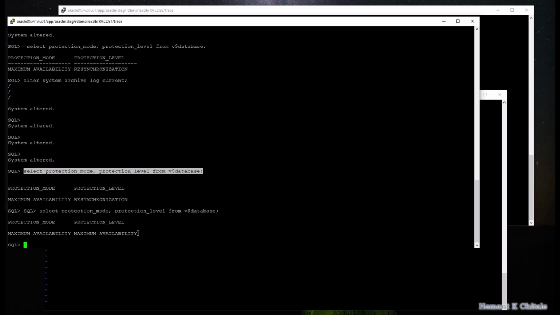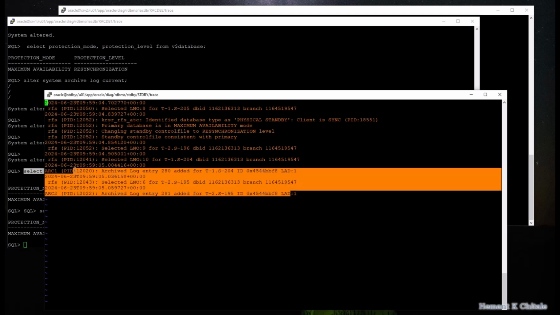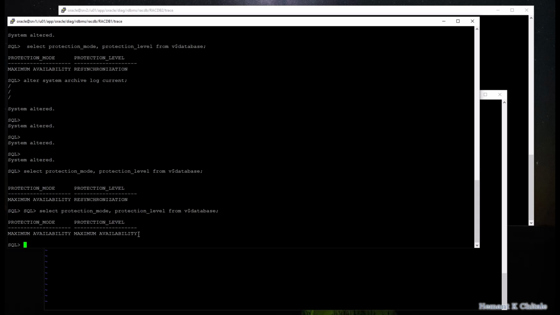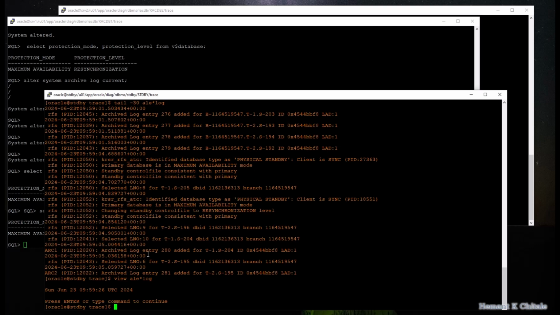So that means it knows that any redo that I send, whether it is an archive log or an online redo log, is being received at the standby. So it is guaranteed it is written at the standby, because I have always set up sync affirm. So now the protection level achieved is maximum availability, although it has not started applying the redo. It is only in the archive logs at the standby. So if I were to start applying redo,